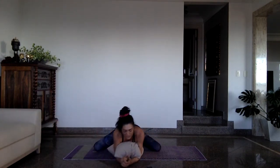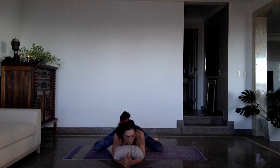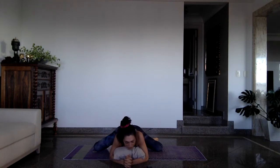Yeah, so in Yin Yoga, we can use as many props as we feel necessary, as our body feels that it needs. It's just giving us extra support. And just feel into it, relax. Remember, if you feel any discomfort, it's just a matter of readjusting, of moving a bit, of finding that extra yumminess in that ouch,